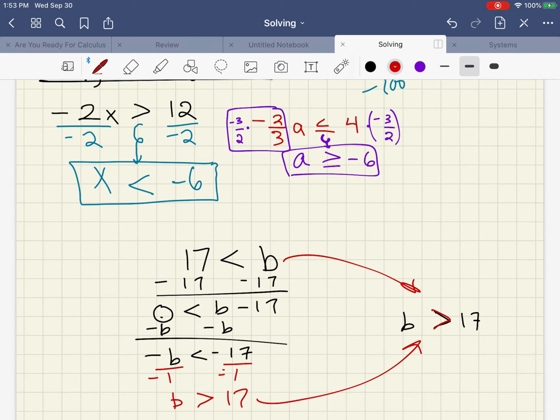And that's really the only major difference with inequalities. In a separate video, I'll show you